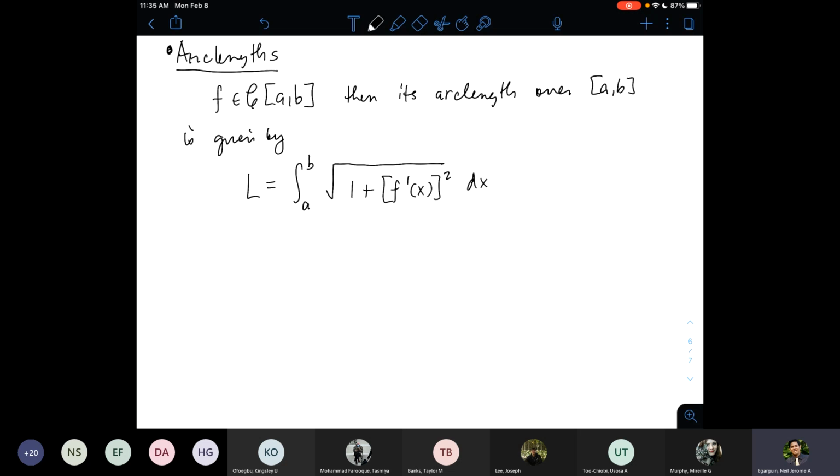Let's try problem 8. So for problem 8, we need to find the arc length of this function over the given interval. So the function is f of x equals 1/8 x squared minus ln x over the interval pi over 6 to pi over 3. Sorry, from 1 to 5. I'm looking at the other problem.